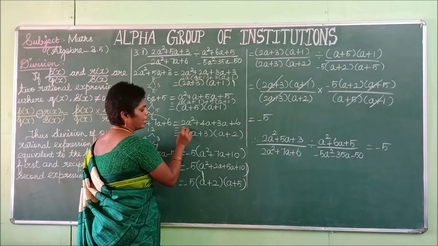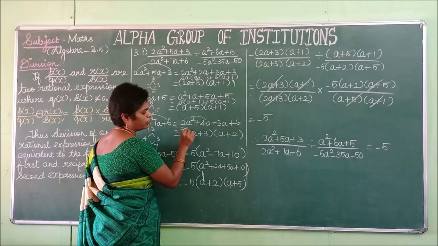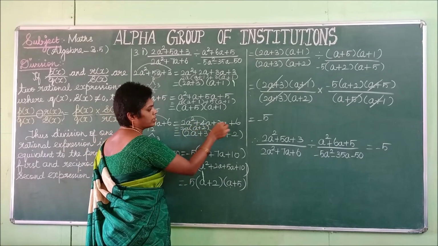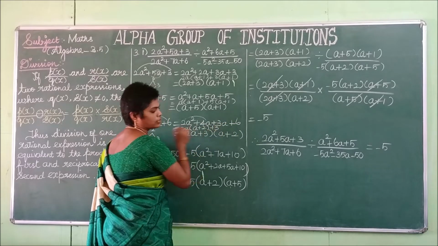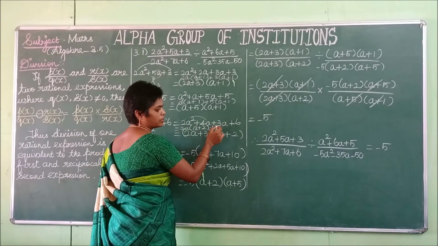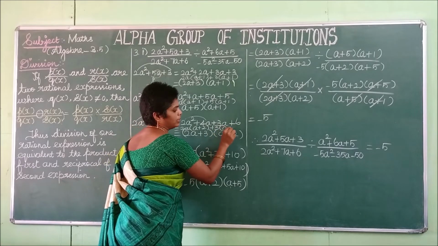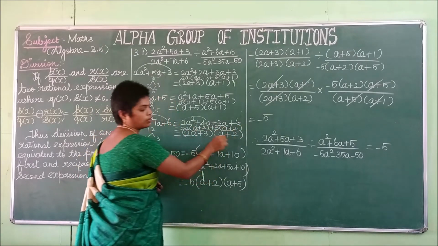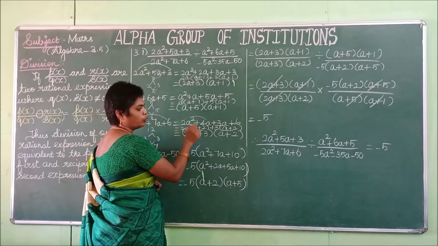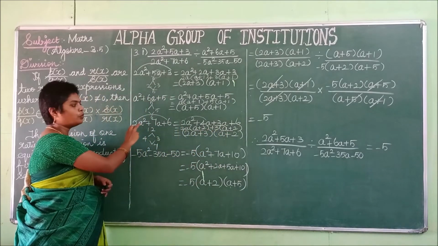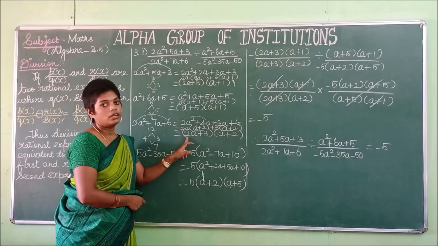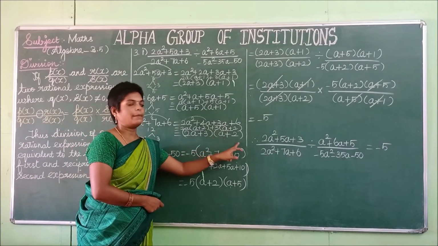So you take 2A from both the terms. What are the remaining terms? A plus 2. Similarly, you can take 3 as common, since 3 sixes are... 6 comes in the 3 table. What are the remaining terms? A plus 2 is the remaining term. So A plus 2 is common. The remaining terms are 2A plus 3. So 2A squared plus 7A plus 6 can be rewritten as (2A plus 3) into (A plus 2).